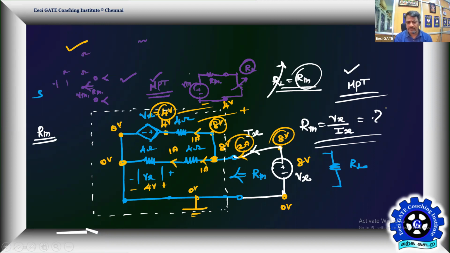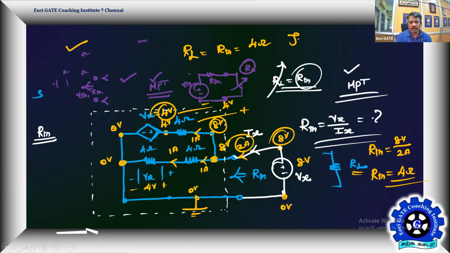Therefore, R Thevenin will be equal to 8 volts applied, and the net circuit drew a current of 2 amps, which means the net resistance seen between the terminals is going to be 4 ohms. That's what it means. So by setting 4 ohm resistance for the load resistor, we can maximize the power absorbed by the load, or we can maximize the power delivered to the load. So the answer is RL must be equal to your R Thevenin.